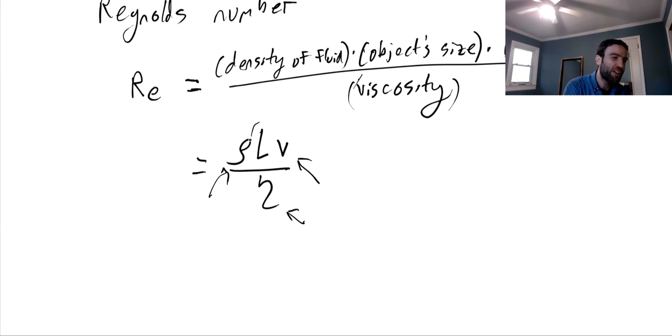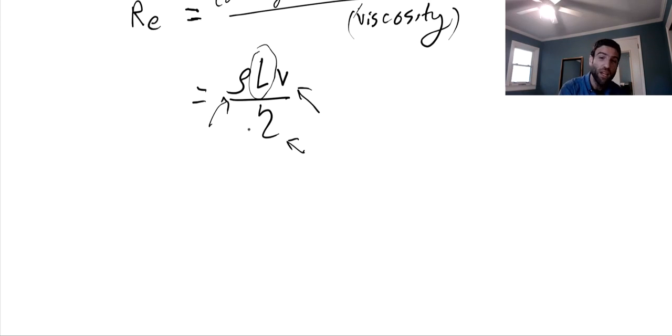And then this L, this characteristic size of the object, refers to a characteristic linear size of some object. So it might be the radius of a sphere, if the object's a sphere. If it's a cube, it might be the length of the side edge of that cube, and so on and so forth. And I'll compute a few specific examples of this in a second, but one of the things that I want to tell you is that